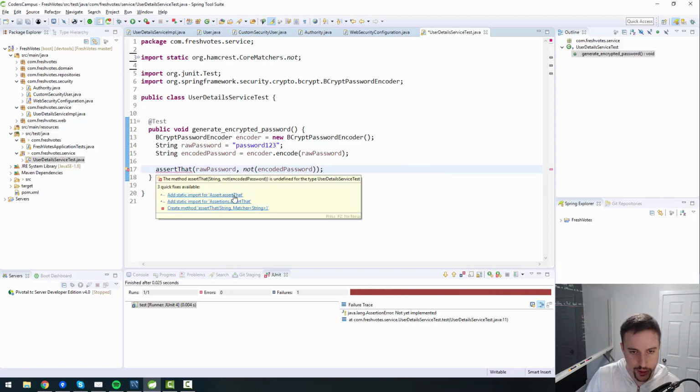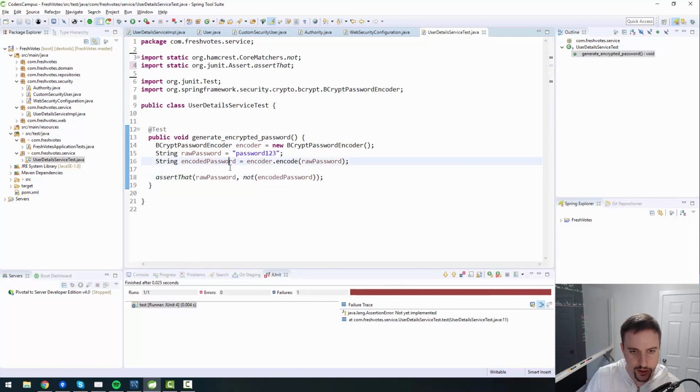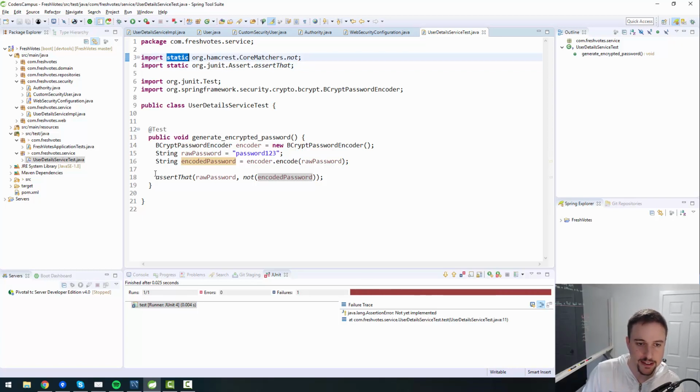And assert that, we can do a static import from assert, I believe is where they come from. Okay, I think I did that correctly. So here are the static imports that we're doing. And doing a static import is helpful to lessen the amount of typing that you're doing down here. If we just did an import without doing static, what we would need to do is,